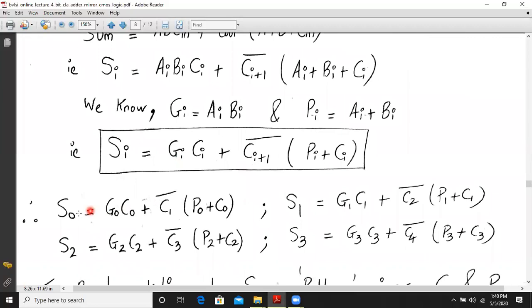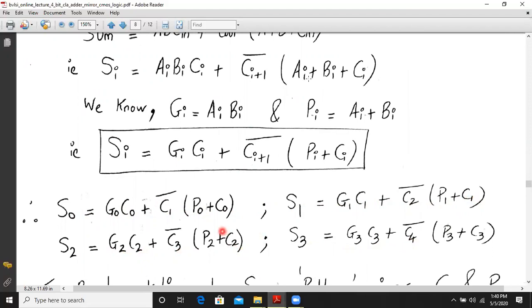S0 will be given by G0 C0 plus C1 bar into (P0 plus C0). S1 will be given by G1 C1 plus C2 bar into (P1 plus C1). S2 will be given by G2 C2 plus C3 bar into (P2 plus C2). S3 will be given by G3 C3 plus C4 bar into (P3 plus C3). So these are the 4-bit sum expressions.